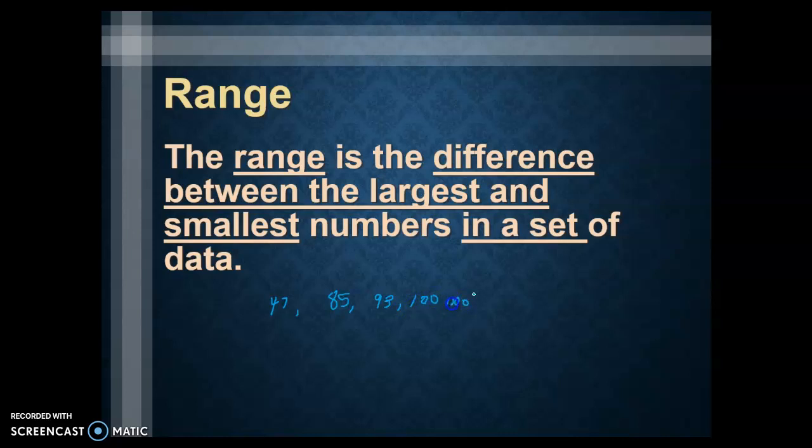So the range for this set of data would be the difference between this number and this number, the lowest and the highest. And it would tell us then kind of the boundaries for our data, that we're not going to go any lower than 47 and we don't go any higher than 100. And we do find the range by subtracting. So if we took 100 minus 47, we would get a range of 53 points